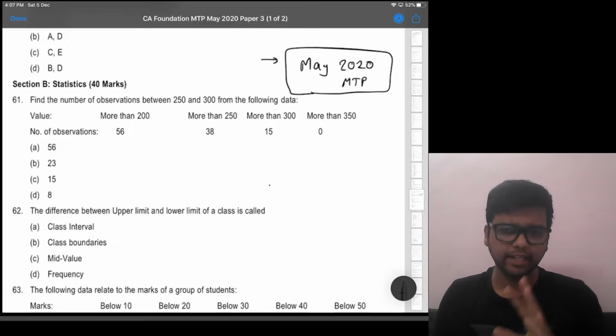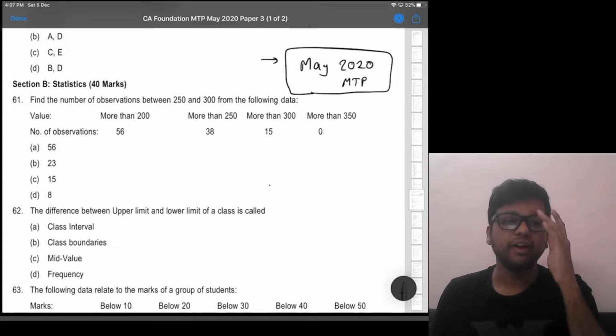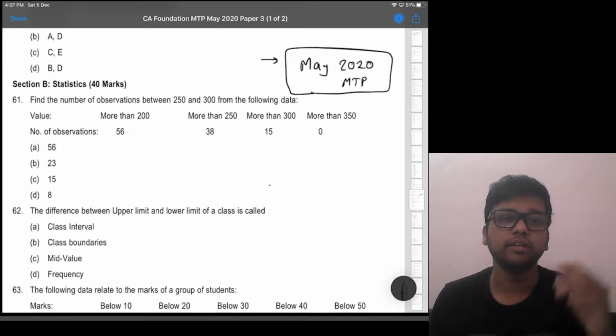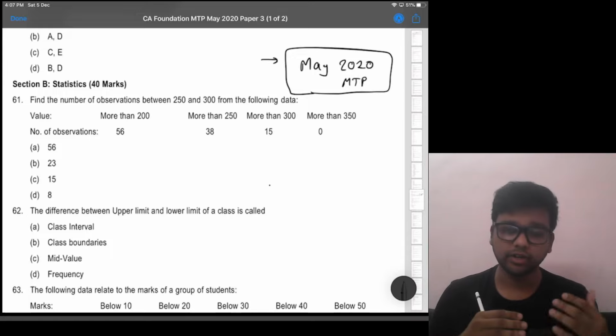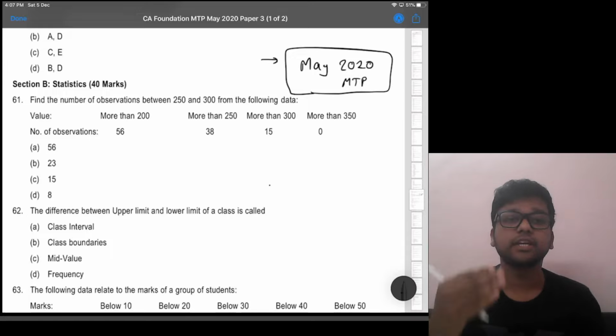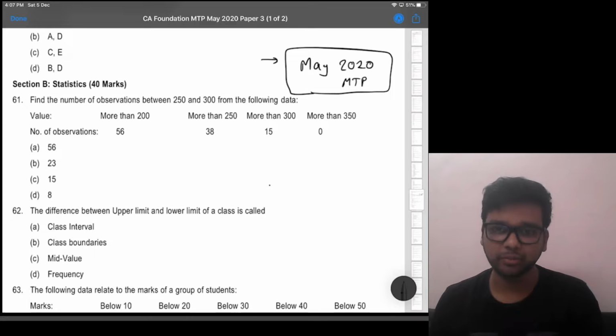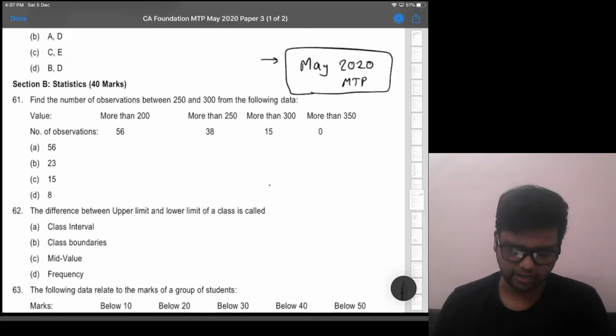Let me tell you once again, like in all other videos, that in the final exam questions are not going to be like this in sequence. First maths, then LR, then statistics. The questions are going to be mixed. Also in MTP questions are given chapter wise. That is obviously not going to be there in the exam. Fine. So let's start with 61 and up to 100.